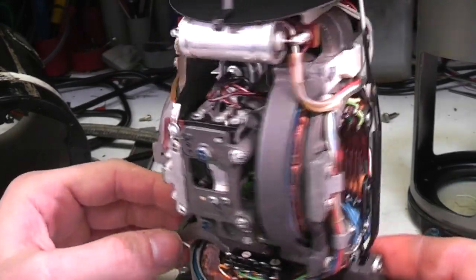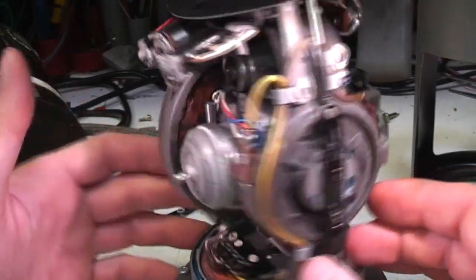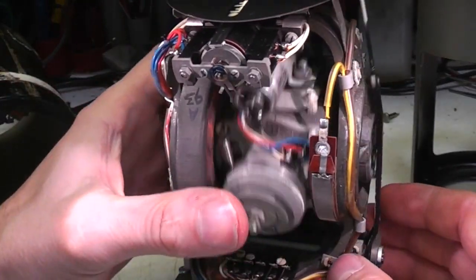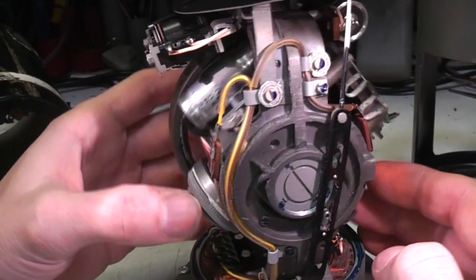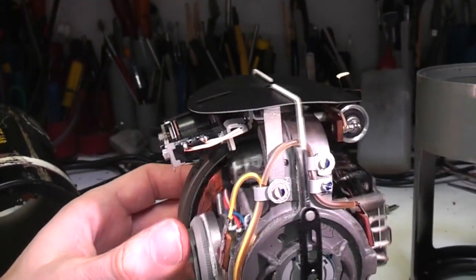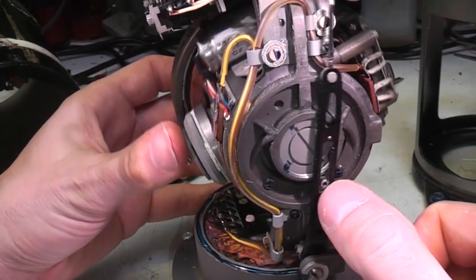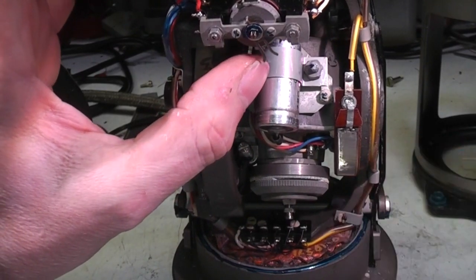Right, this thing is just amazing internally, very nicely balanced. You've got the roll axis here, and then you've got the pitch axis. So this axis here is actually driving the front panel needles through this. There's like a little pin in here. This is like a little